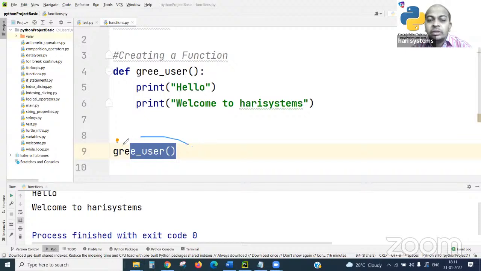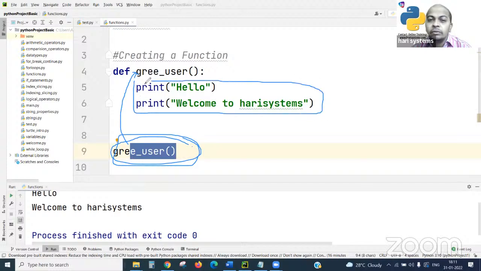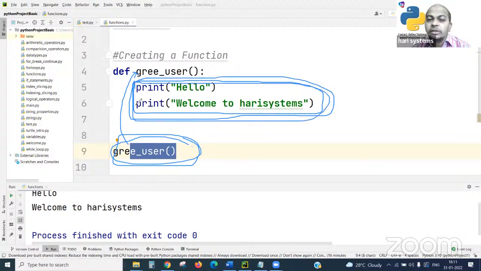See, this will be called this define function. When it is called, then only these statements are going to be executed and we will get an output. When we call a function, then only it runs, with the indentation inside the block of the function. However many lines are added here, that will be run and printed.